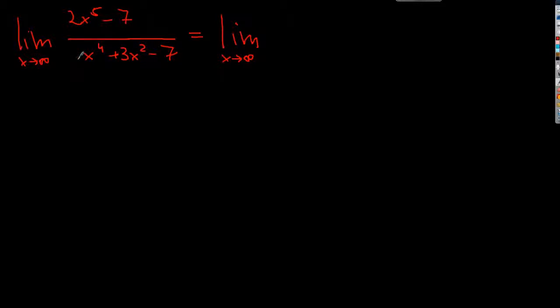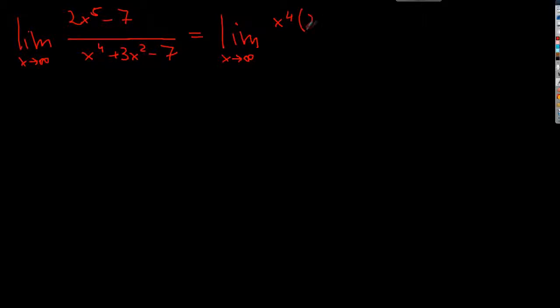That was a mistake I probably made in the previous video. You have to divide by the greatest power of the denominator, not of the whole term, because if you would go and divide by x to the power of 5, we would get a 0 in the denominator, and we don't know how to tackle those problems yet. So we have to divide by the greatest power of the denominator, which in this case is x to the 4. So we extract